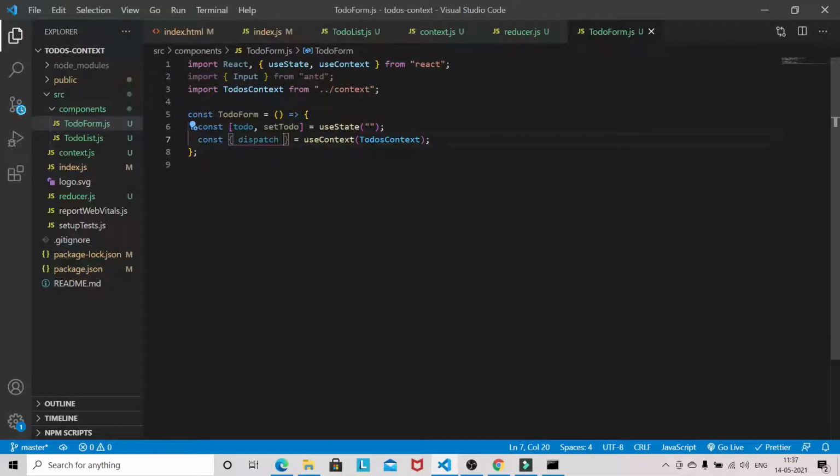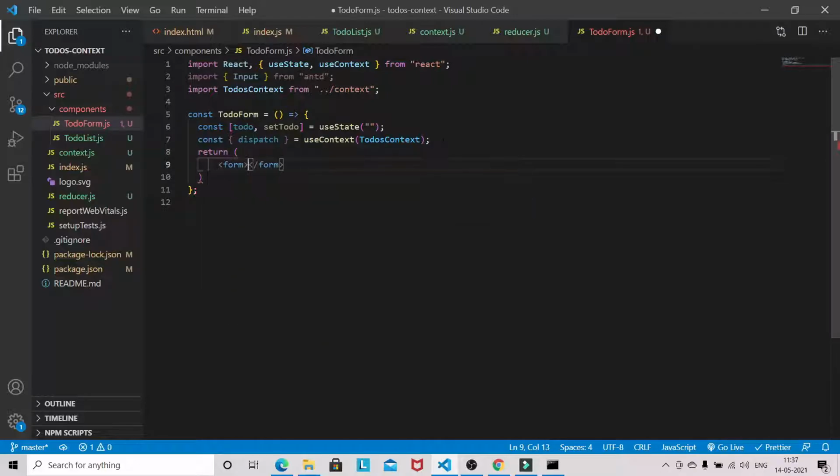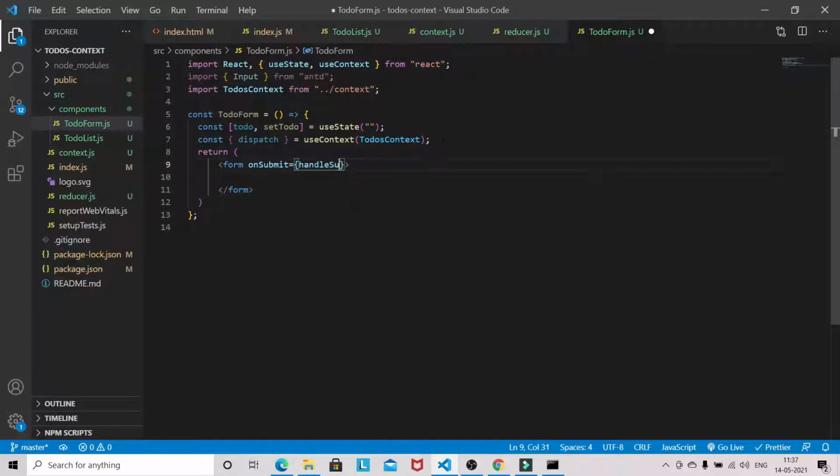Okay, so let's write a return statement. We need a form here, so on submit, we will be writing this handler very soon.